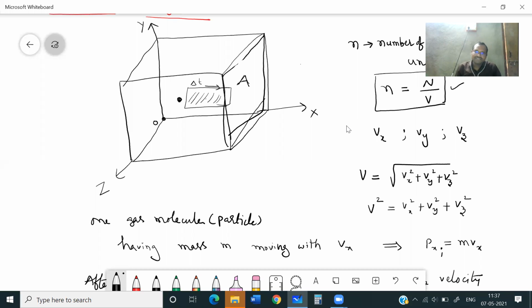Yes. Now, for this delta t, let us imagine, we know volume is equal to area into some length. Clear? Yes. This length is nothing but distance. Distance we can write as velocity into time. The velocity is Vx. With what velocity are they moving along the x-axis? Vx velocity. So Vx into time we can write. Means the volume can be written as A into Vx into delta t. Did you understand what I am saying? So here, whatever I am writing, see this point.